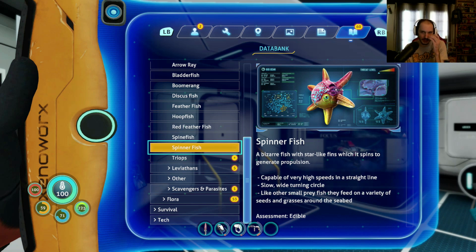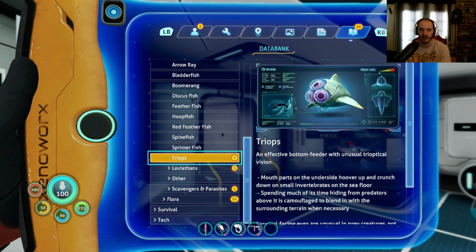Spinnerfish, a bizarre fish with star-like fins which it spins to generate propulsion. Capable of high speeds in a straight line, slow wide turning circle. Like other small prey fish, they feed on a variety of seeds and grasses around the seabed. Assessment: edible. Triops, an effective bottom feeder with unusual